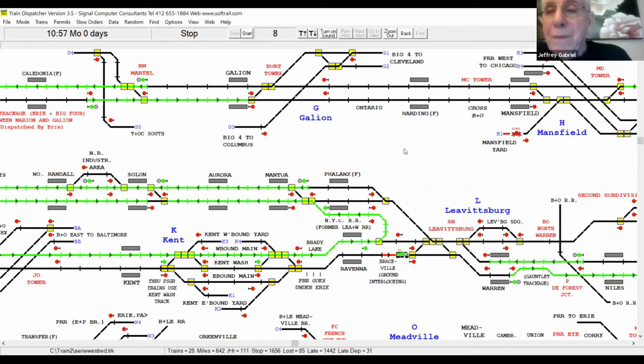Well, I guess I would say once in a while I put too many trains on a territory and I revise them, either deleting one or changing. If there were too many freights, once in a while I would make one run Monday, Wednesday, Friday, the other one Tuesday, Thursday, Saturday to thin it out a little bit.